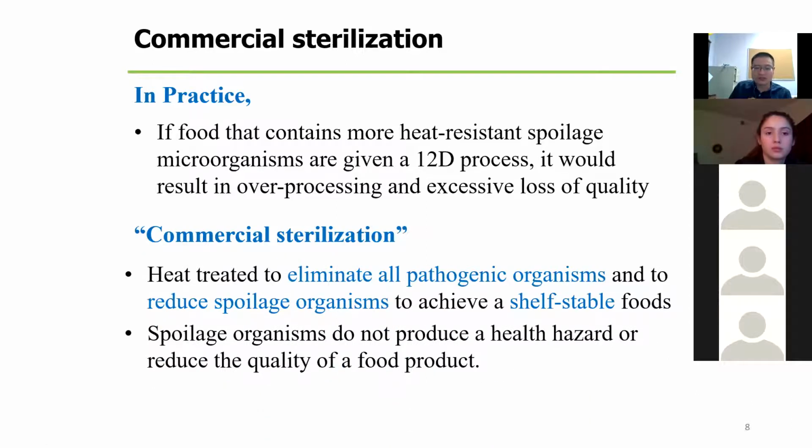But for commercial sterilization, we are only trying to ensure that we kill all the pathogenic organisms and reduce the spoilage organisms to achieve a stable shelf life, which means we still have some residual spoilage organisms, but